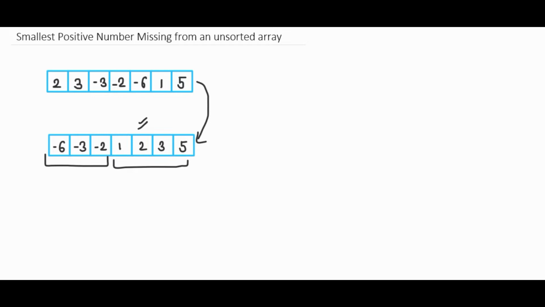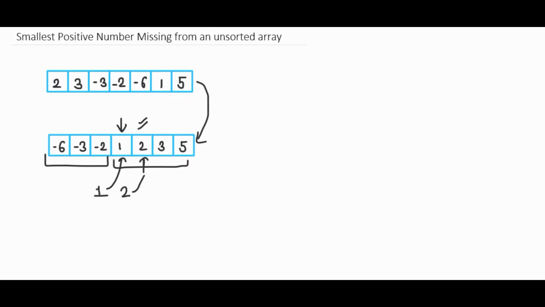Now what we have to do is start from number 1, go to the first positive element in this array, and see if that element is 1 or not. If it is 1, then we will move to the next element, which is 2, and see if this element is 2 or not.